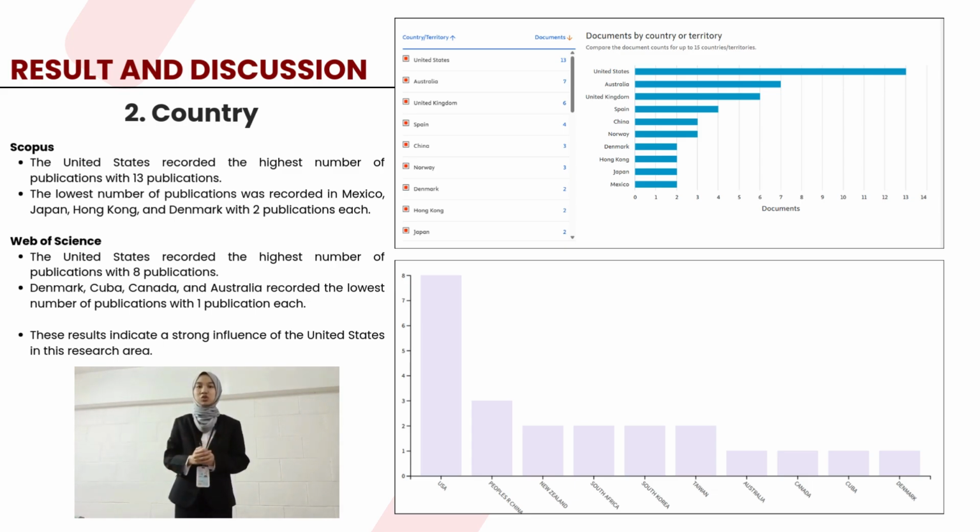From our analysis of Scopus data, we can see that the United States has the highest number of publications with a total of 30. On the other hand, countries like Mexico, Japan, Hong Kong, and Denmark each have only 2 publications, which is the lowest in the data set. Looking at the Web of Science data, the pattern is similar. The United States leads again with 8 publications, while countries such as Denmark, Cuba, Canada, and Australia each only have 1 publication. Overall, these results show that the United States has a strong influence on research trends related to library